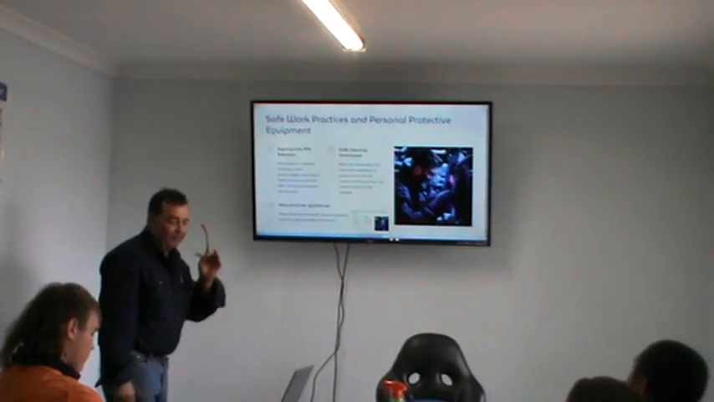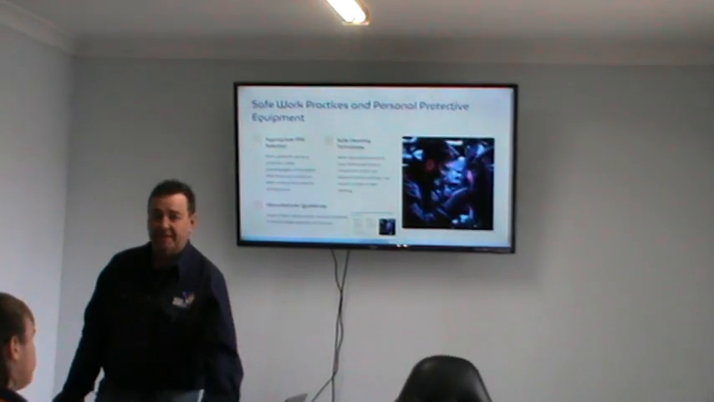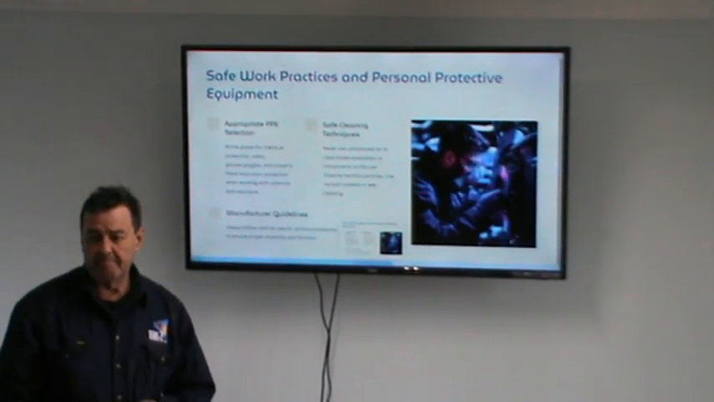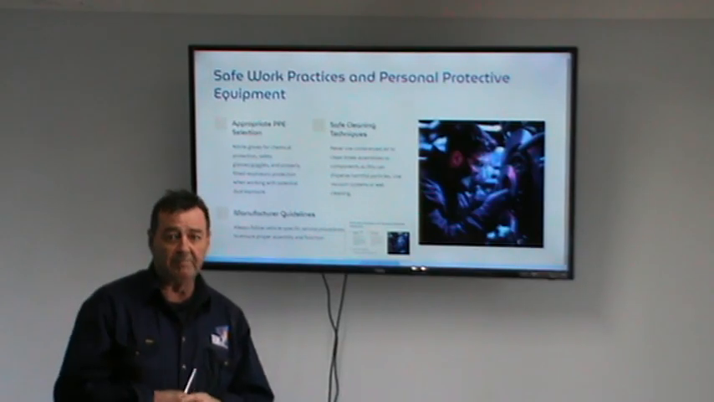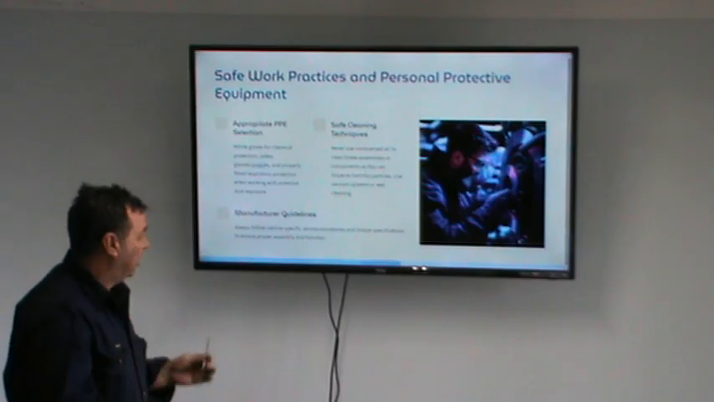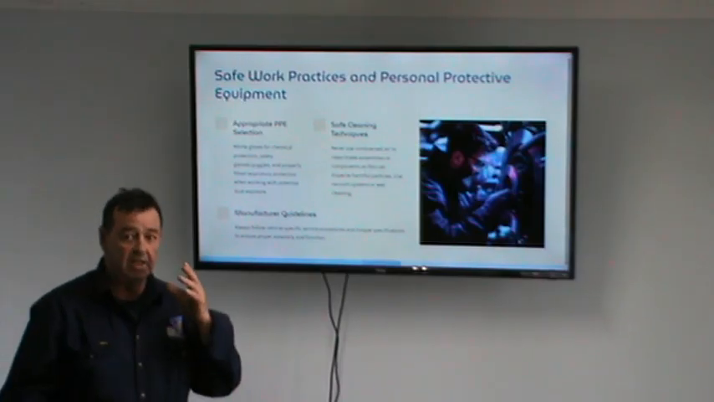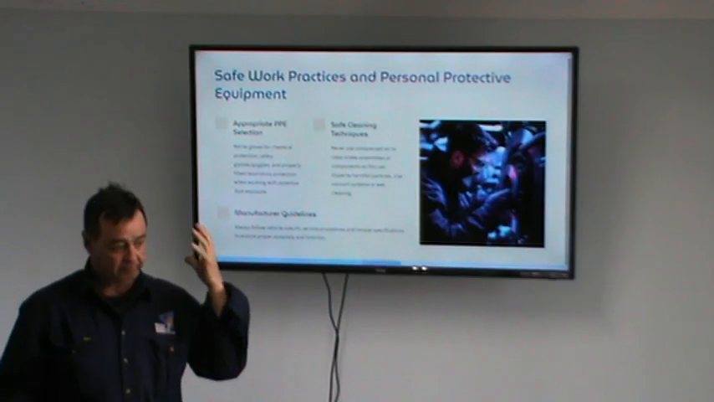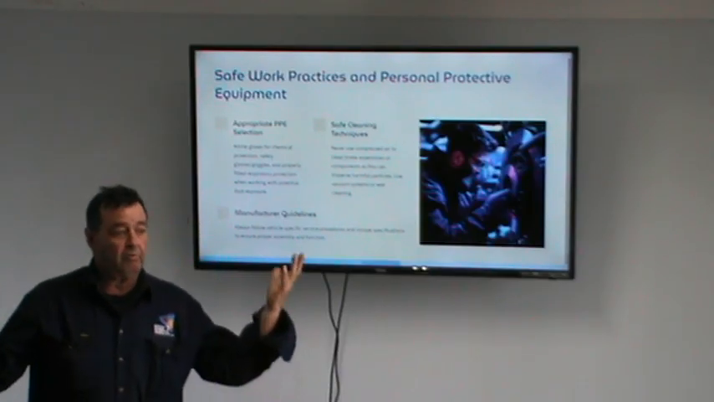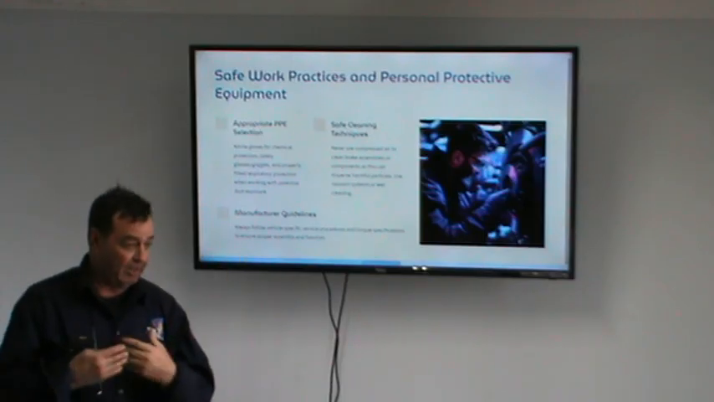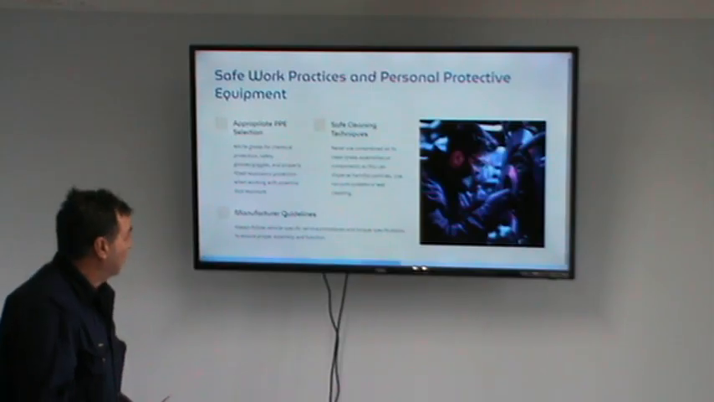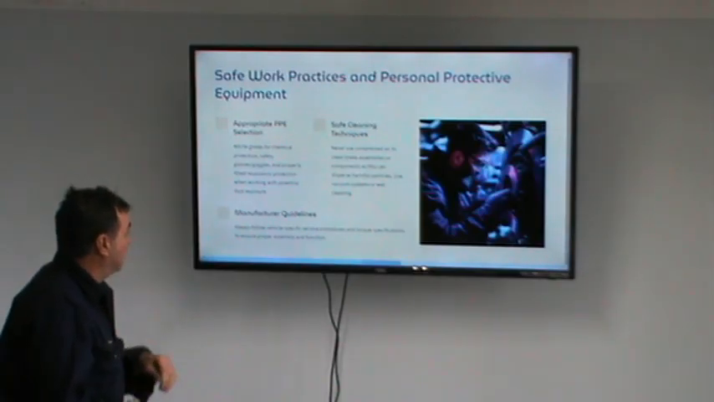Okay, so safe work practices and personal protective equipment. So PPE, everyone knows that it's PPE, don't we? What does PPE mean? Personal protective equipment, which could be anything from safety glasses, hard hats, ear muffs, respirators, chemical gloves, nitrile gloves, work clothes, steel cap safety boots. So all these things,